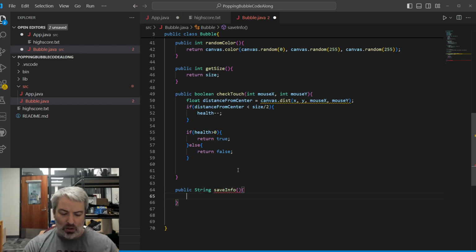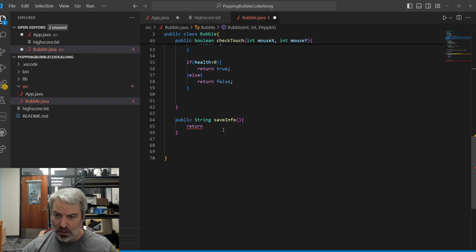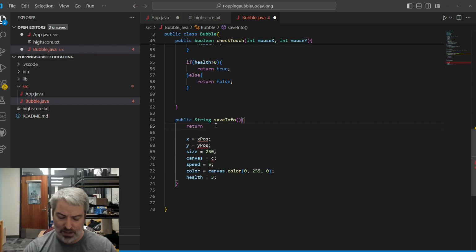And this is going to return all the information that I need to know about my bubble. So I might just copy all this information. I think I just have to pick and choose what information I need to save. I definitely need to return, I'm going to make an empty quote, so I know it's going to be a string. Actually, yeah, I'll do empty quote, plus the X, plus a comma. I'm going to separate all these values by commas. So X, Y,